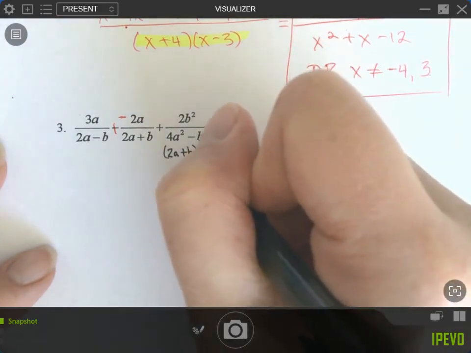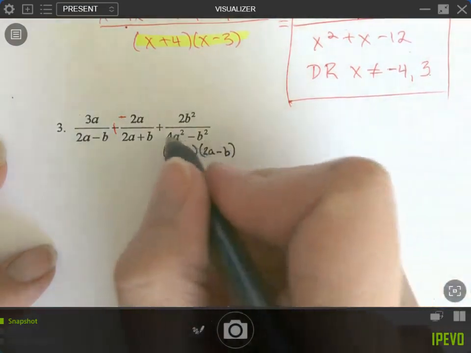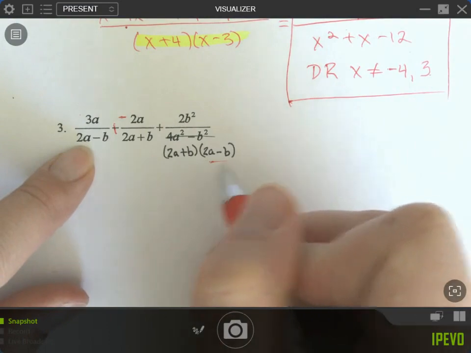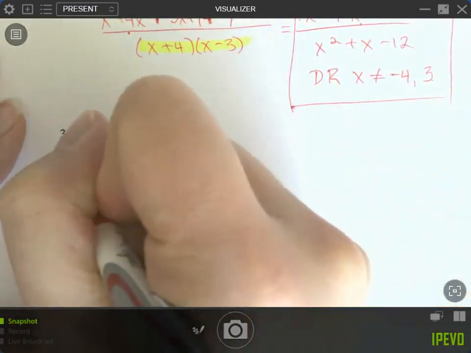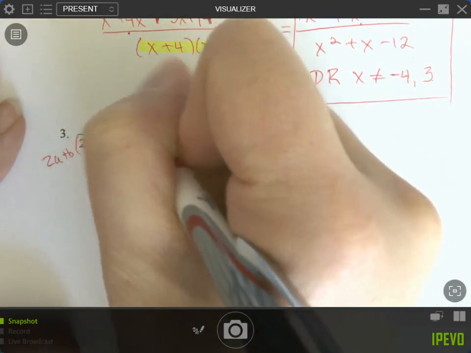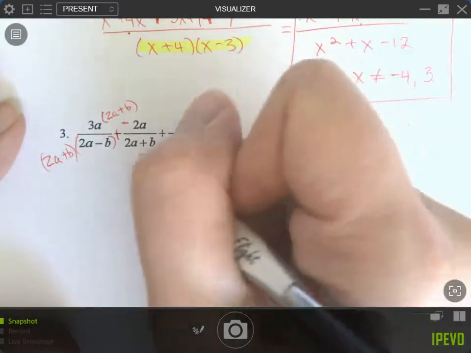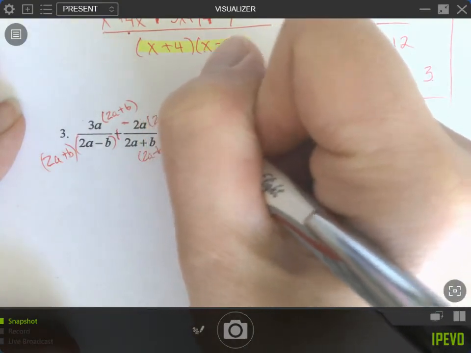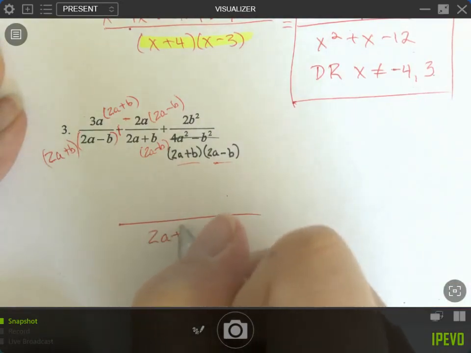One positive b and one negative b. Instead of being a number, it's a variable. Okay, how does that help me? Well, it does, because this already has a 2a minus b, but it needs the 2a plus b, top and bottom. I'm just putting it up here and off to the side so I see it. This has the 2a plus b, it needs a 2a minus b. Okay, here it comes, common denominator, 2a plus b,